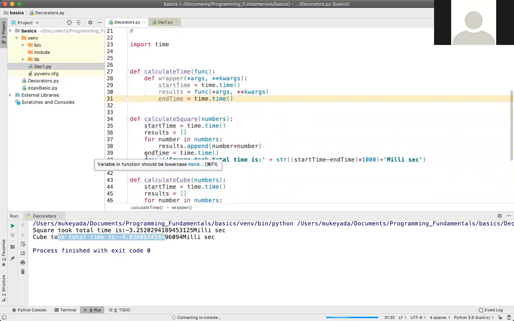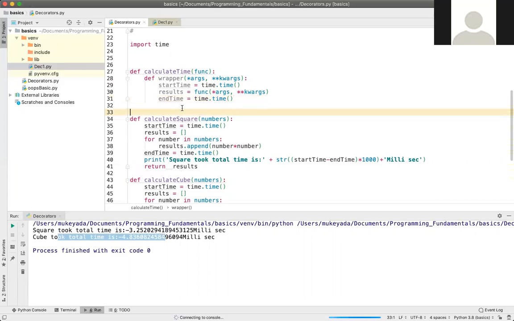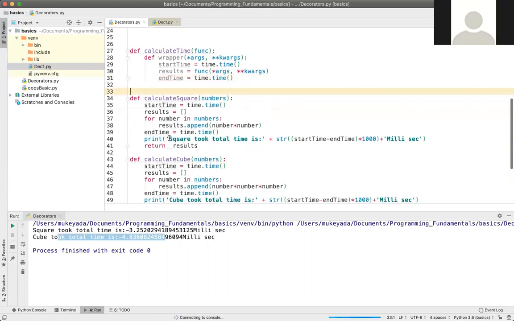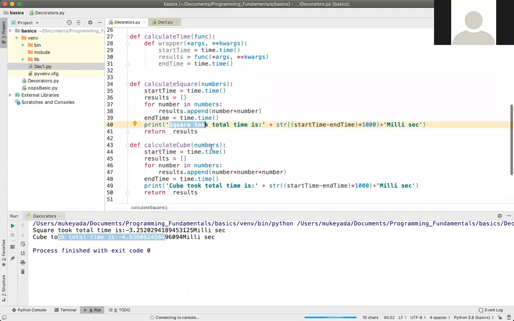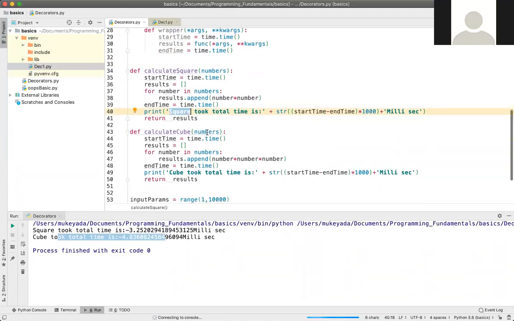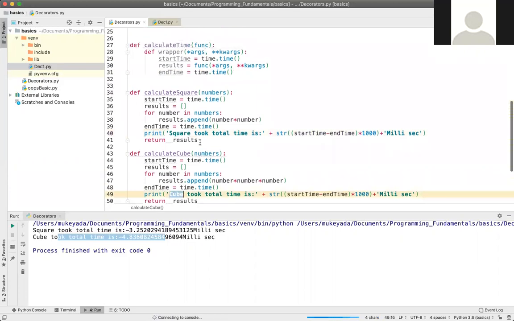We need to do print. So guys, here in the print statement, I did square. Intentionally I mentioned the name of the function which we are going to execute, but here the print statement is a little tricky.